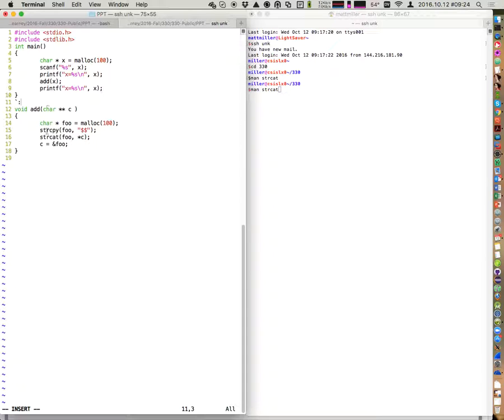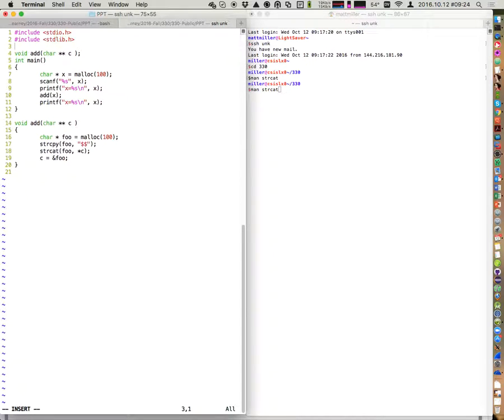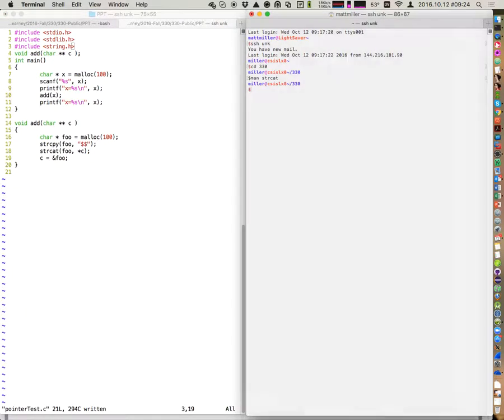Spencer, did I make any more mistakes? I haven't seen... I did forget. You need to import the string library to use string copy and cat. I might need to import the string library. Actually, it will probably give me a warning saying, we think you forgot something, but we're pretty sure we got it. So you can screw up if you just include all, right? Have a wild card. I don't know if it does wildcard includes. Okay. I know Java does, but